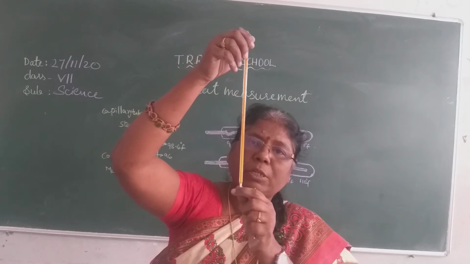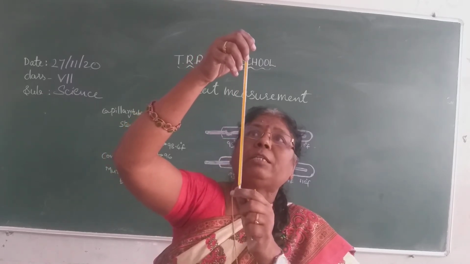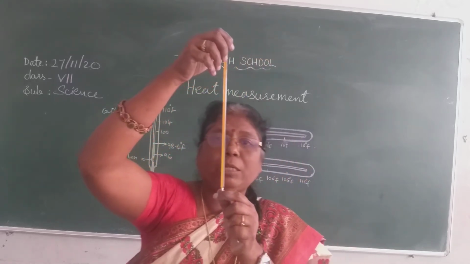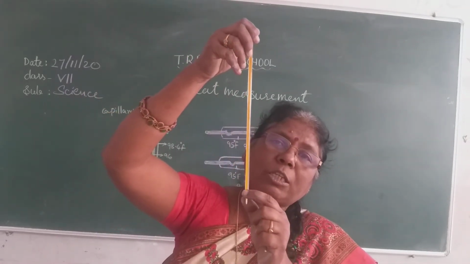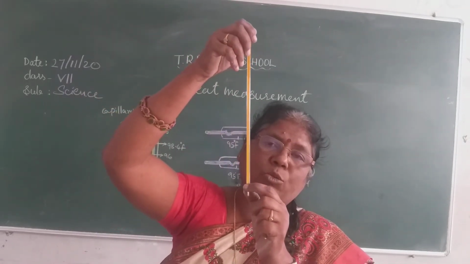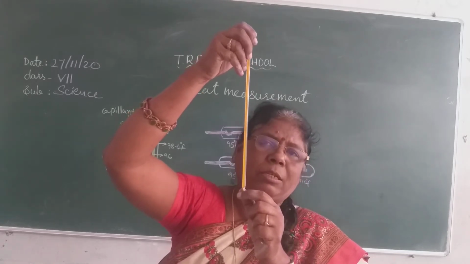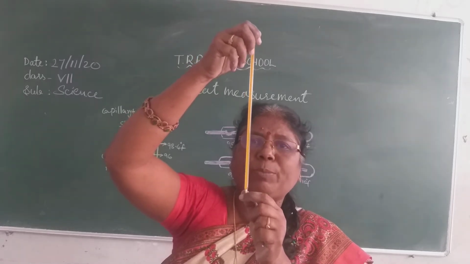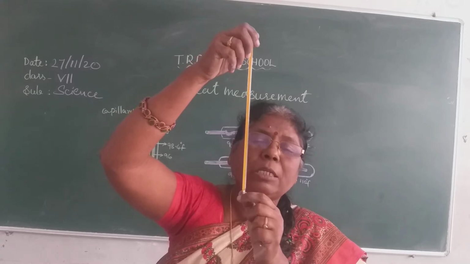What temperature will you get? 0 degrees Celsius. Understood? In the laboratory thermometer, the readings will be in the Celsius scale only. Now you have got the melting point of ice, that is 0 degrees Celsius. When the temperature goes below 0 degrees Celsius, then it will be minus. Heavy rain and heavy snowfall will be there.